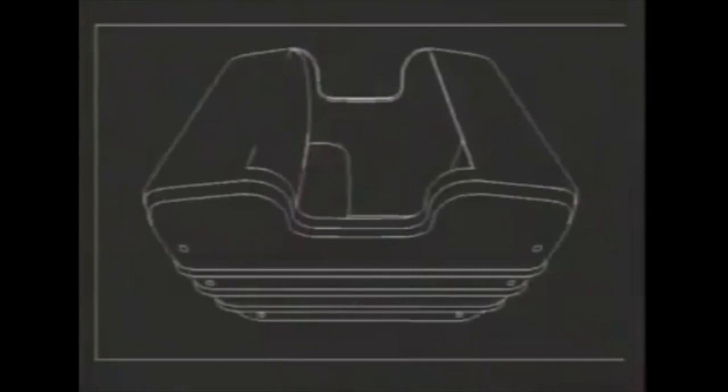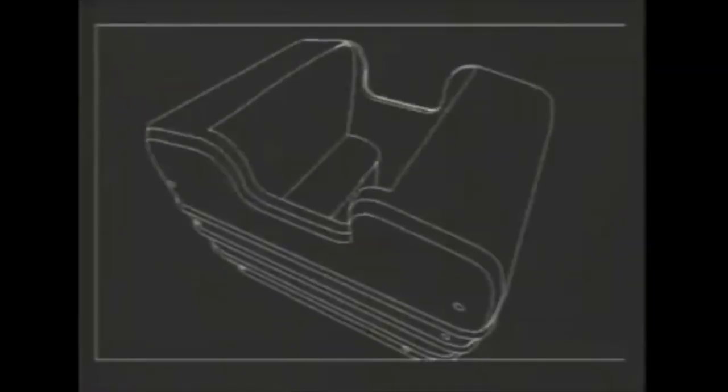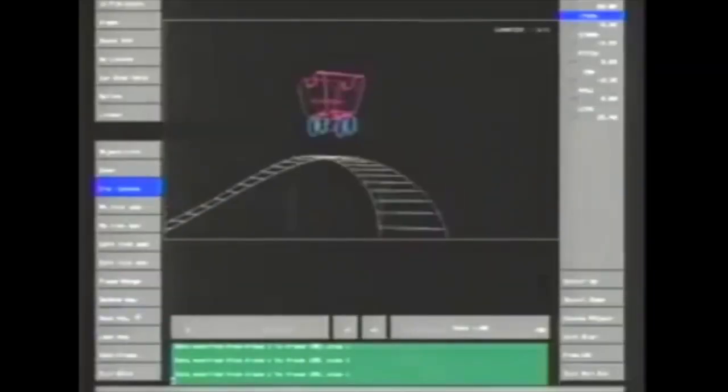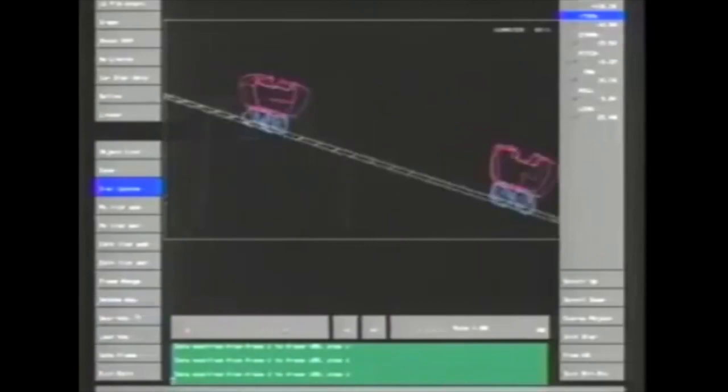To model an object inside the computer can take quite a long time, a lot longer than just maybe drawing it by hand. A prop like the roller coaster, we use it over and over again in lots of different scenes. Then we model it once, and we've got it for all the rest of the scenes.